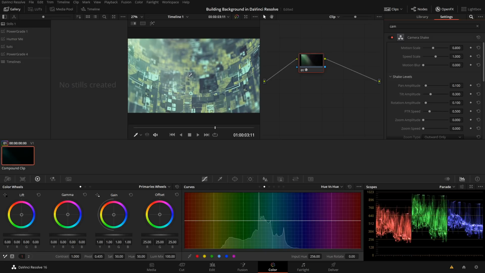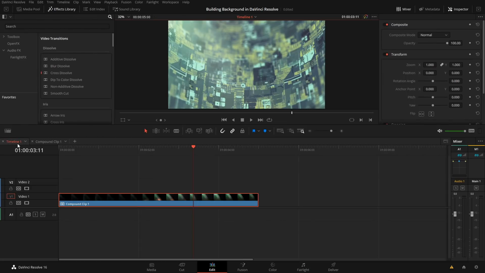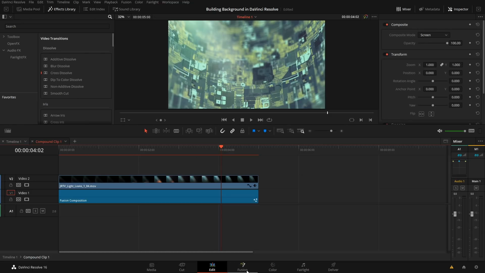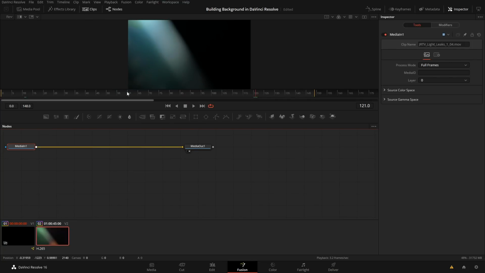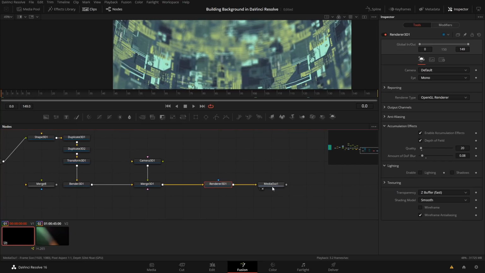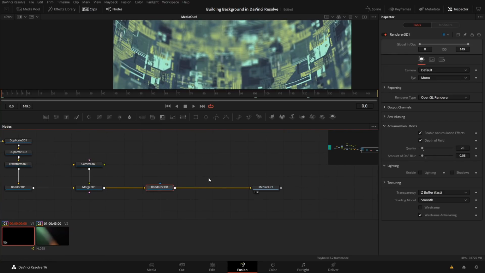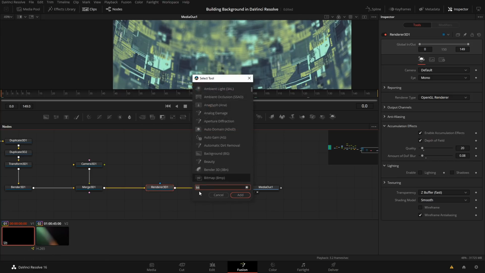Because this isn't like 3D, moving everything, you wouldn't even have to make this other compound clip, but I'm just going to go into here and show you quick. We'll go into Fusion now, and at the end of the Fusion comp here, we can add in our own shake. Because this is just a two-dimensional shape or shake, they're doing a little bit of perspective, but it's not really that big of a deal.